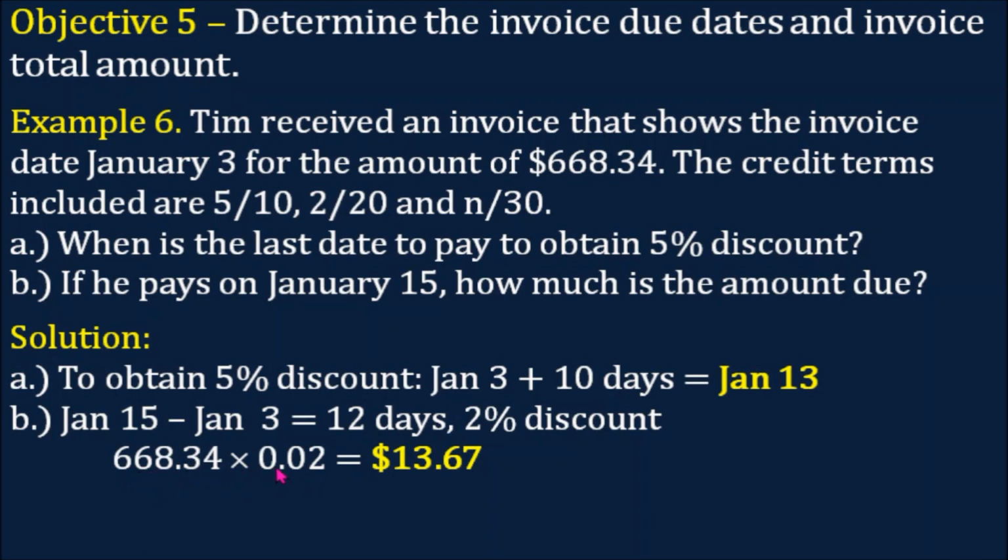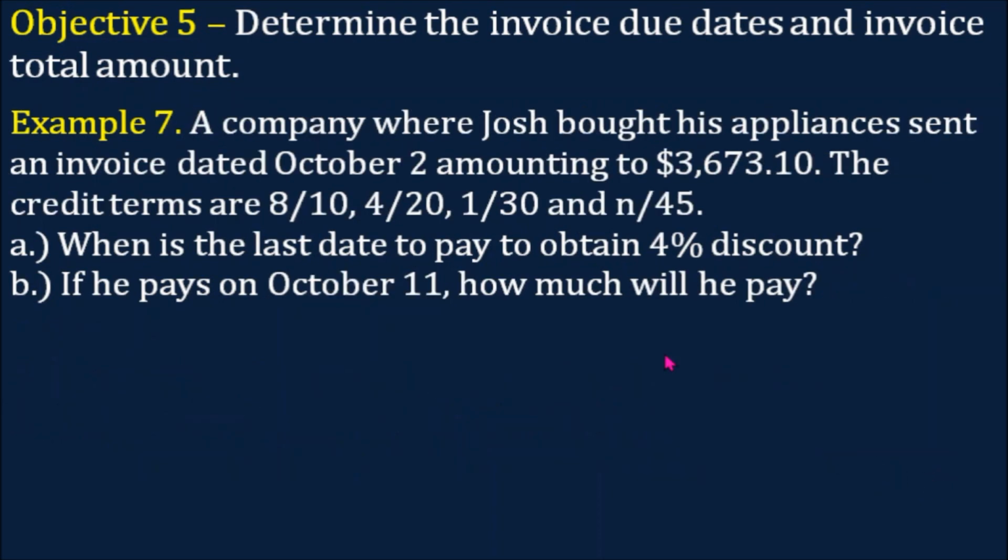668.34 times 0.02, and that is equal to $13.67. So that means 668.34 minus 13.67 equals $654.67. Example number 7. A company where Josh bought his appliances sent an invoice dated October 2 amounting to